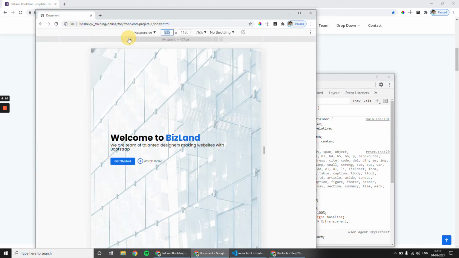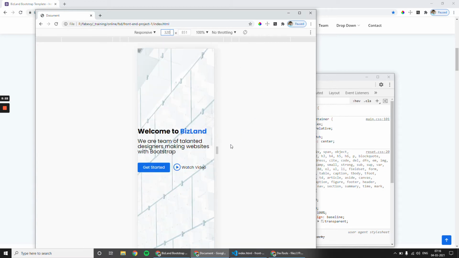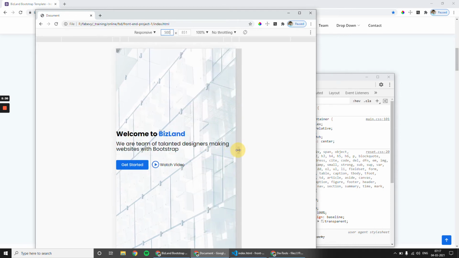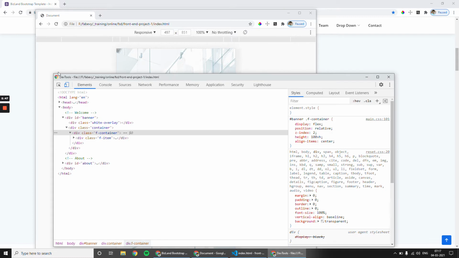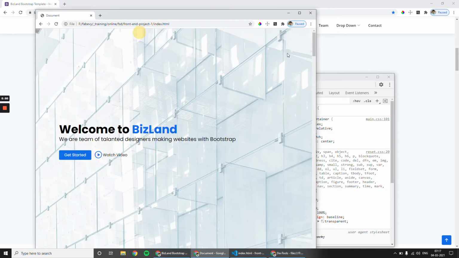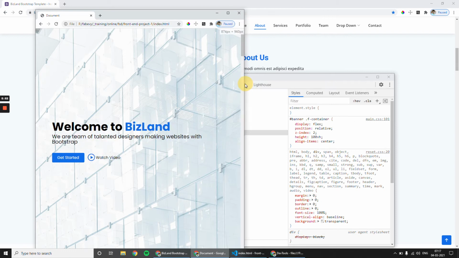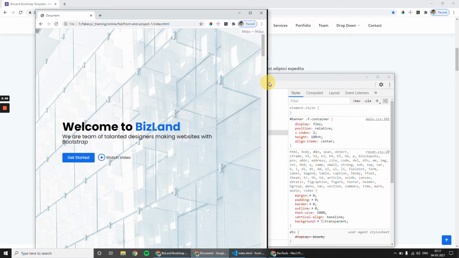So we can say that from 320 pixels, or the minimum pixel that you target, up to 500 pixels, you will use this approach. After 500 pixels, you should not use this method. You should consider using the browser resizing method, because this will give better output.